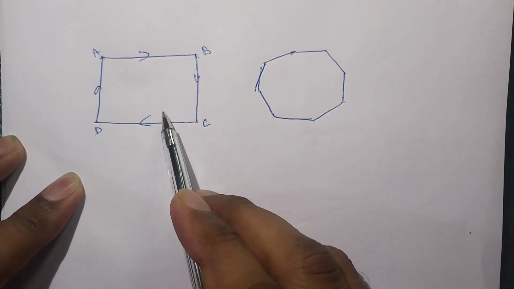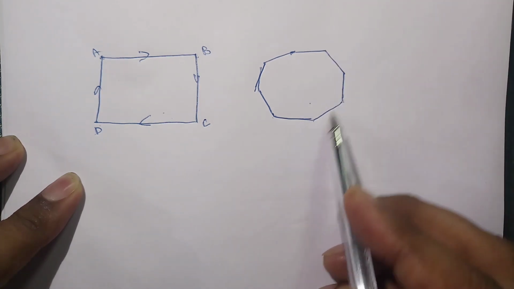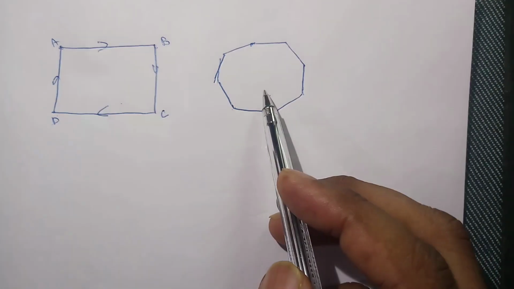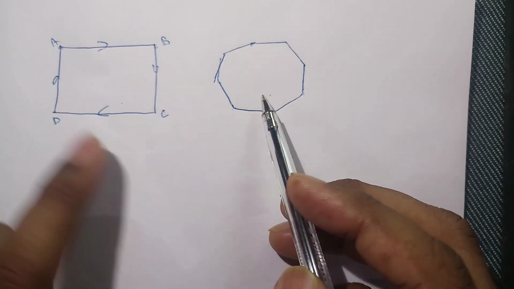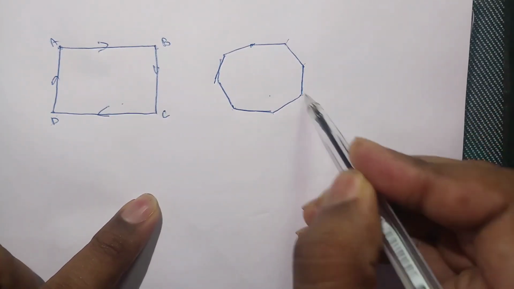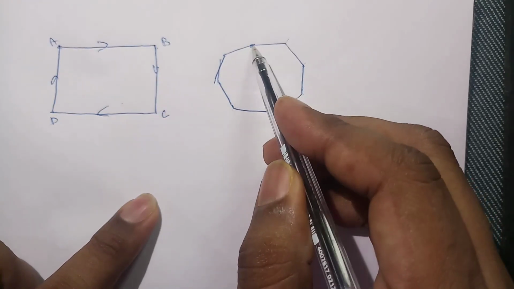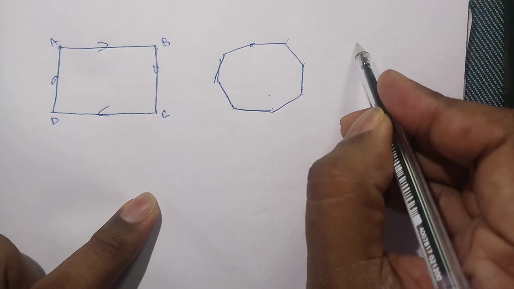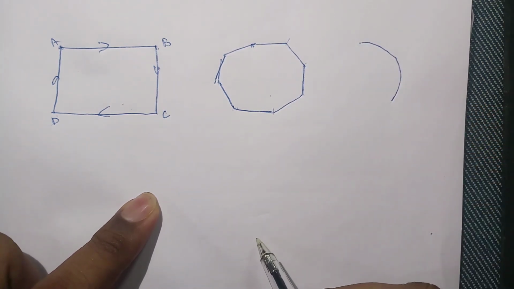Now this is a rectangular shape. If you take this one, you can see it has more corners. Here he changed direction only 3 times before reaching the fourth. Here, if you count 1, 2, 3, 4, 5, 6, 7 times he changed, and the 8th time he reached there. Now if he changes direction more than these 8 times, you can see it will become more like a circle.